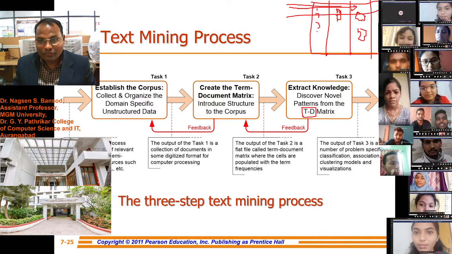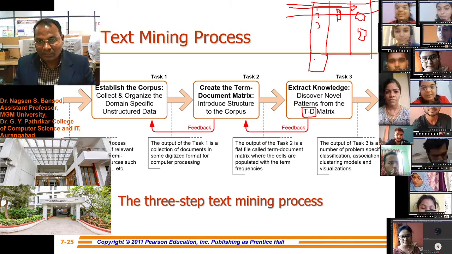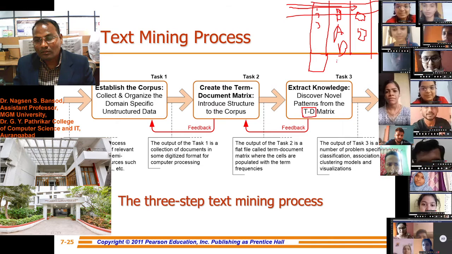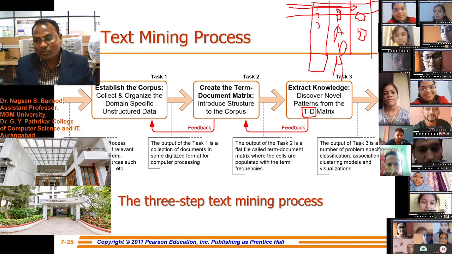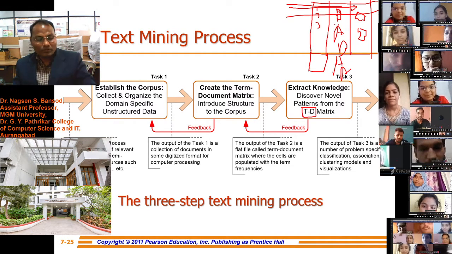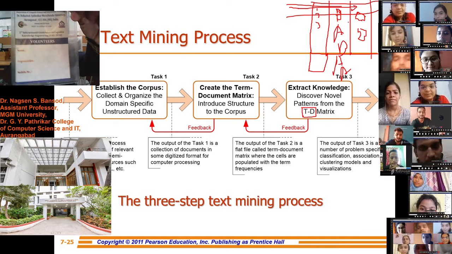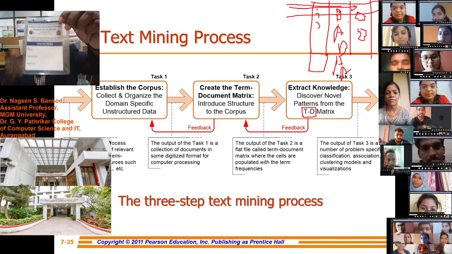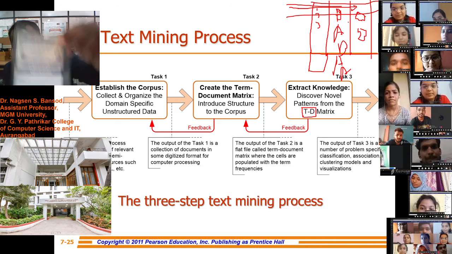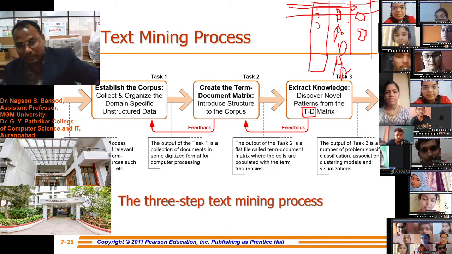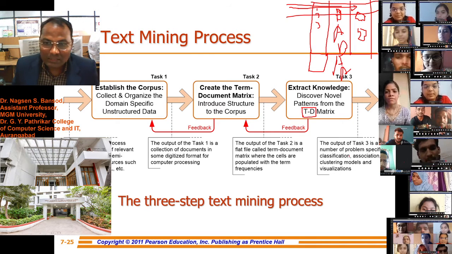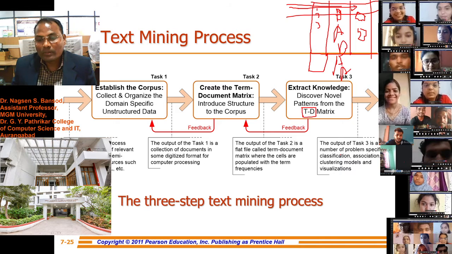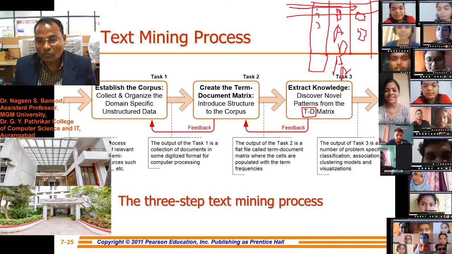In this cell there is the frequency, how many times A is there, how many times B is there. On this whole text we can find the number of occurrences in the databases of similar kinds of data. And lastly, the output of task 3 is a number of problem-specific classification, association,